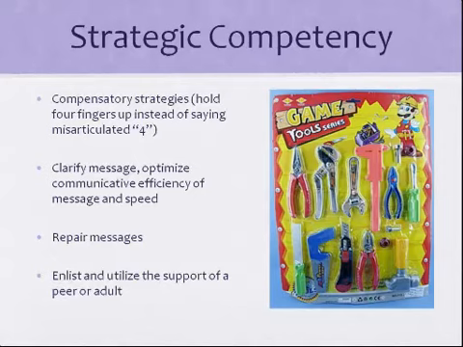So with strategic competency, this is what do I need to do to really make sure I get my message across? So they need to recognize that they might need to augment or compensate for their communication, such as holding up 4 fingers while they're saying 4. So if it's misarticulated, they can use their nonverbals to support their message. If they're using a communication device that's a static display, so just pictures like a textbook or a communication board, using pointing to support the message that they are trying to say. So it is essentially competency that helps support, clarify, optimize the efficiency of the message.